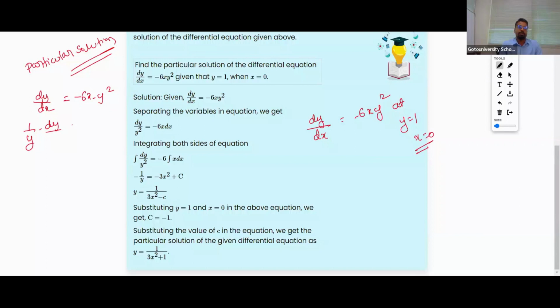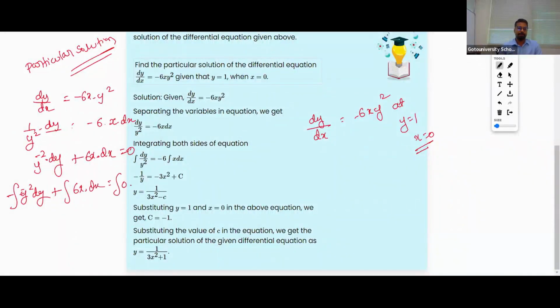dy is equal to minus 6x dx. Okay, so it is y square, right? So y power minus 2 dy plus 6x dx equal to 0. Am I right? Now integrate the equation on both sides. Then it is y power minus 2 dy plus integration of 6x dx is equal to integration of